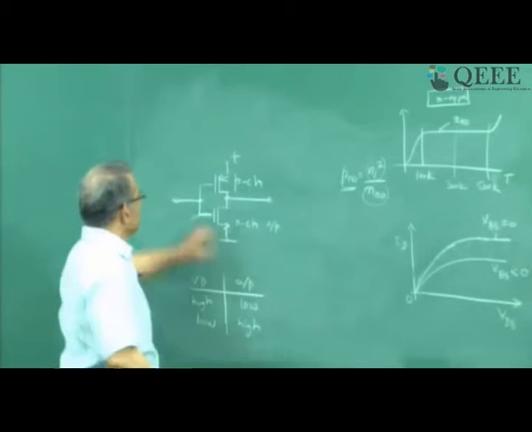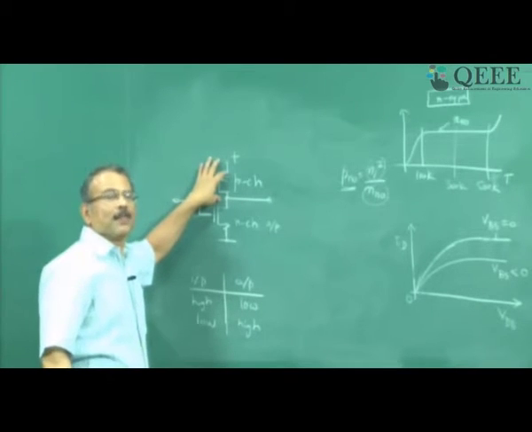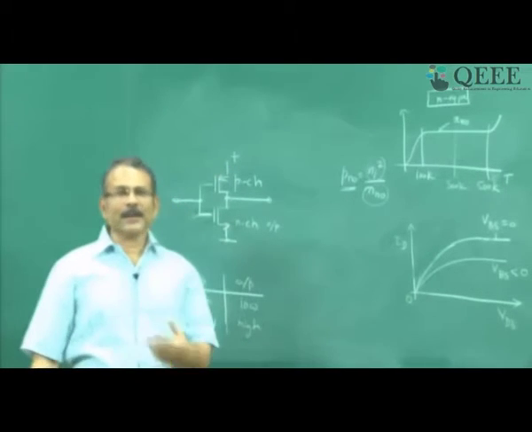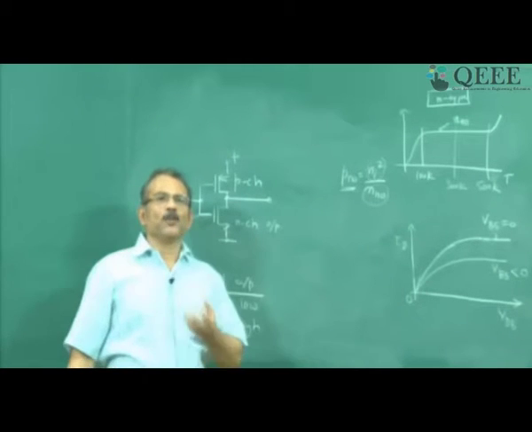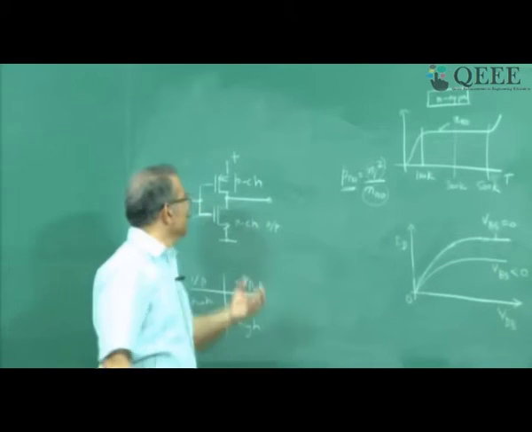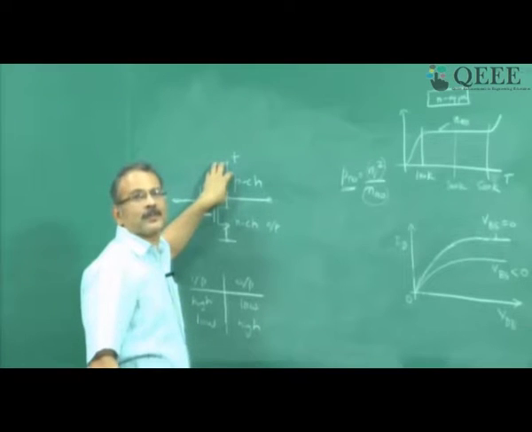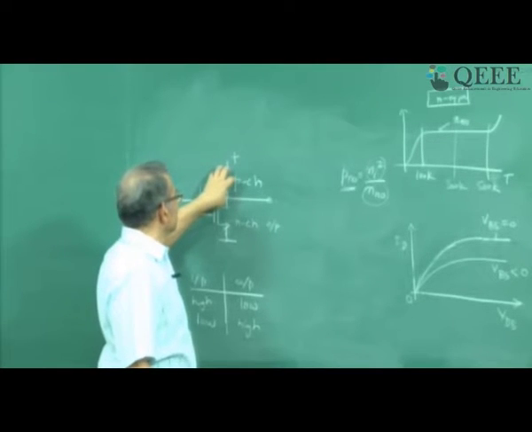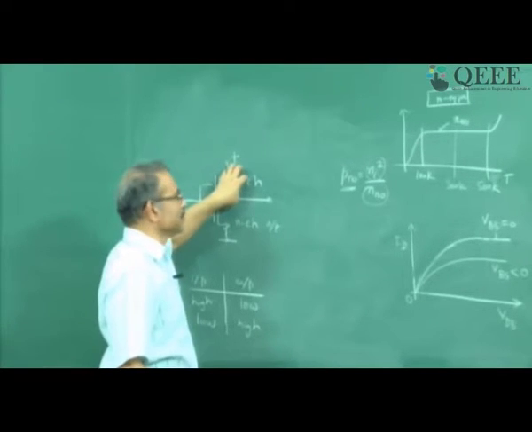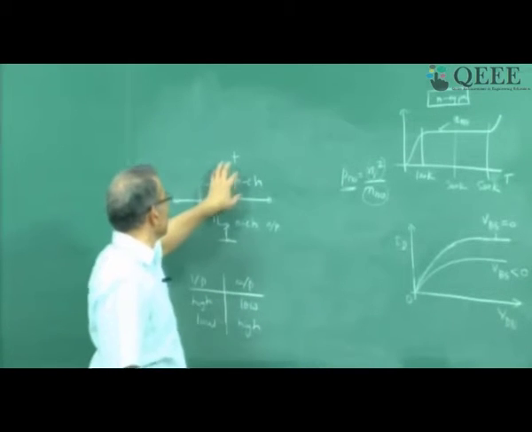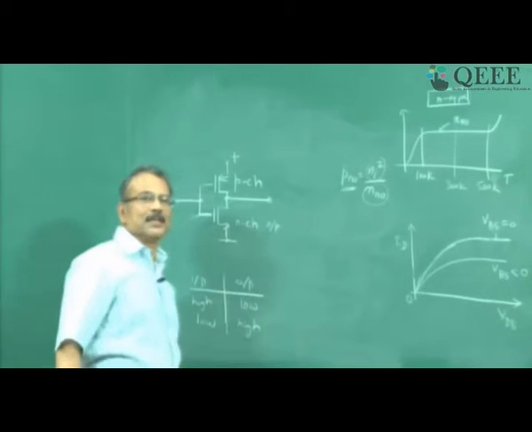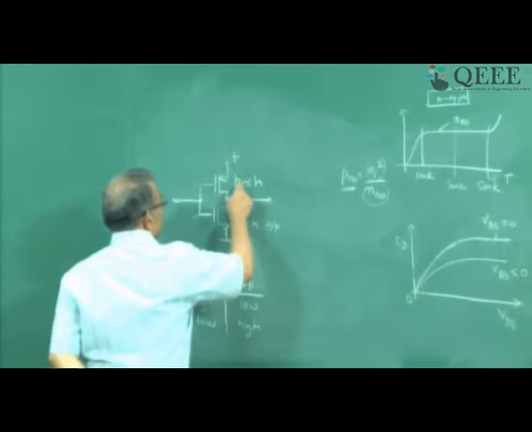Now what is the advantage of replacing the resistor with a P channel? You can do some calculations and you will find that it occupies a smaller area in an integrated circuit to actually make a MOSFET. So the appropriate MOSFET that you can use here is P channel. Why not use N channel? Well, there are circuits available in which you can create the resistance out of an N channel device. But the advantage of P channel is the following.